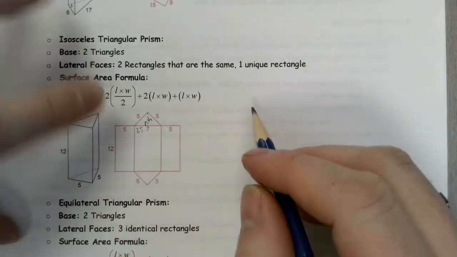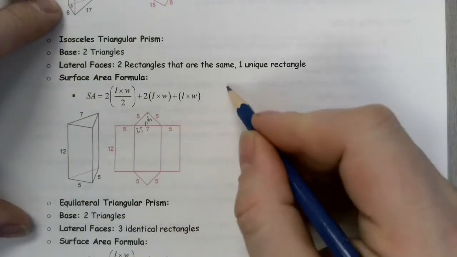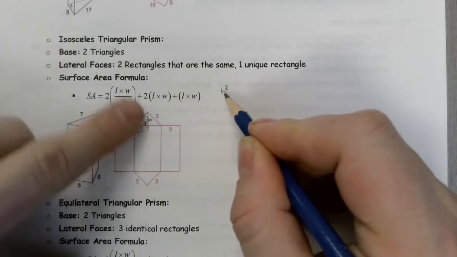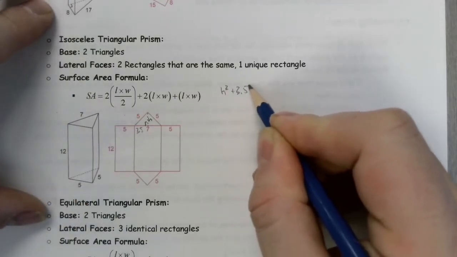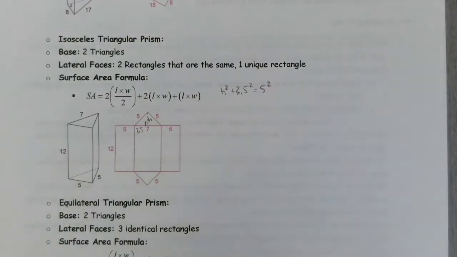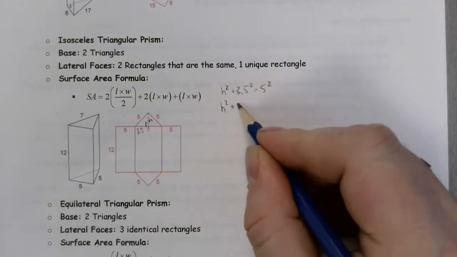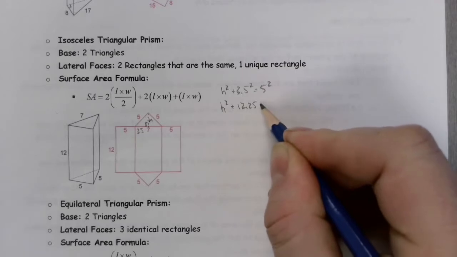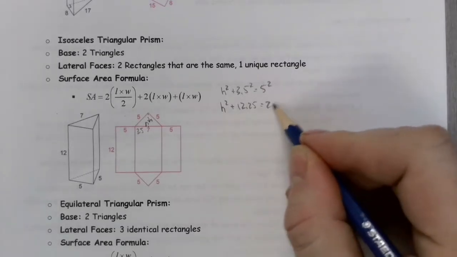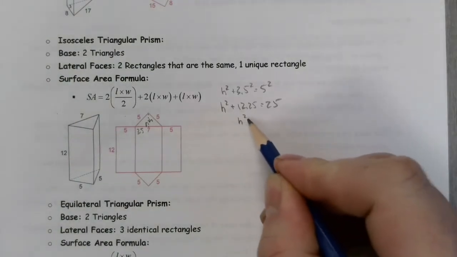So what I want is the height of that triangle. I'm going to use the Pythagorean theorem here, by the way. H squared, the height squared, plus 3.5 squared should equal 5 squared. So I'm just going to go to my calculator and plug those in. So 3.5 squared is 12.25. So h squared plus 12.25 is equal to 25. So 25 minus 12.25 is going to be